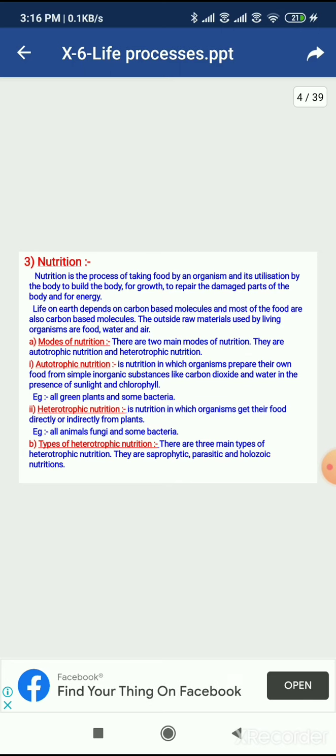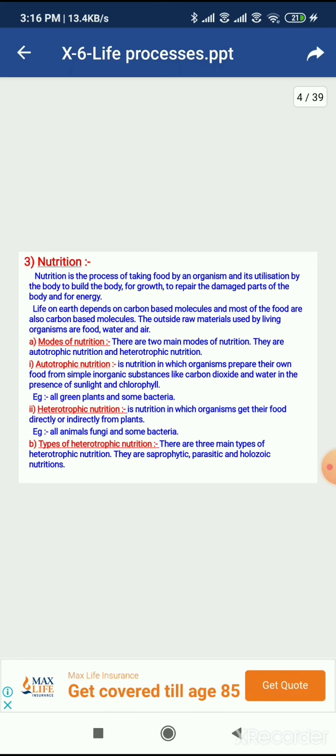बच्चों, हम खाना तो खाते हैं, खाना खाना ही सिर्फ न्यूट्रिशन नहीं है, बल्कि वो खाना हमारी बॉडी में जाकर डाइजेस्ट होता है, ब्रेक डाउन होता है उसका, then it is utilized by our body and absorbed by our body. This whole process is known as nutrition, and this food is used by our body for various functions like for building the body, for growth, repair of the damaged parts of the body, and for giving us energy for various